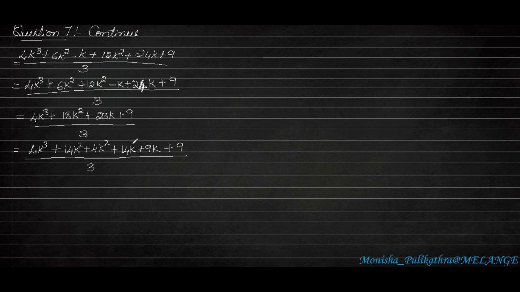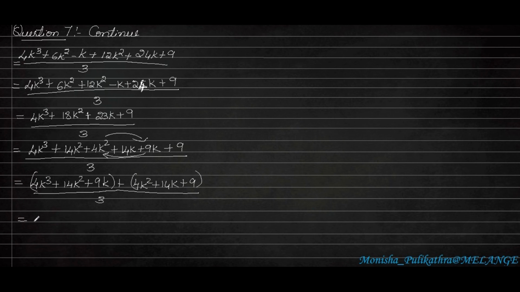Okay. So next we have to interchange some of the factors here. We have to interchange it here and here. I will show you how to form an equation. 4k cube plus 14k square plus 9k I will be taking into one group. So 4k cube, 14k square and 9k. In the next step, 4k square plus 14k plus 9 I will be taking in the next group. Okay, whole divided by 3.